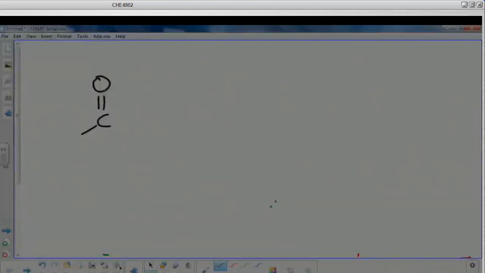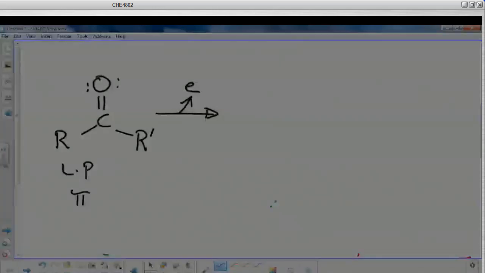For example, let's say you have got a carbonyl compound. I'm just going to write it like this. Let's say R here, and then R prime. If you expose this to high heat in the mass spectrum, you knock off an electron. You knock an electron out of this molecule. And I said to you, you look at the molecule, there are two types of movable electrons: a lone pair, and pi electrons.